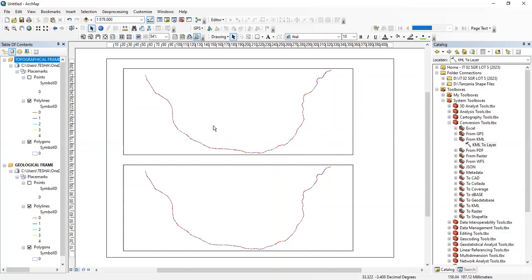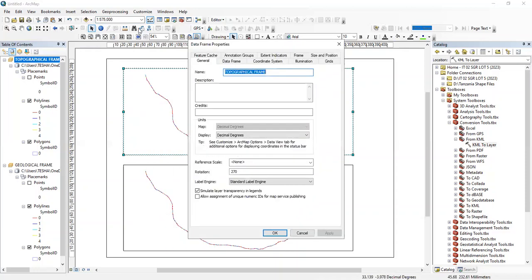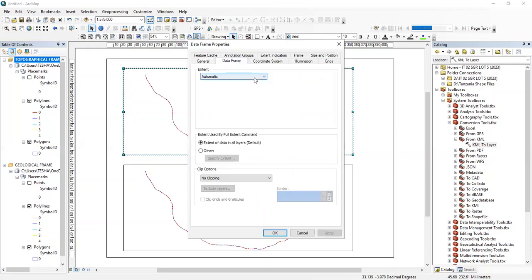Since we have similar scales here, and we do not wish to adjust the scales, we can lock these frames so that the scales cannot be changed. So we right click on one of the frames, and we go to data frame, automatic, then we set to a fixed scale, which is